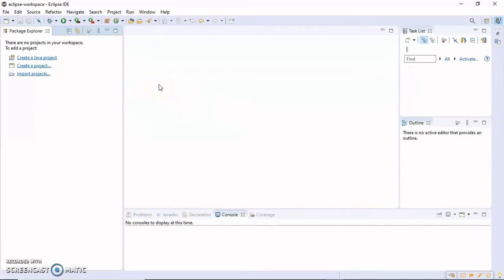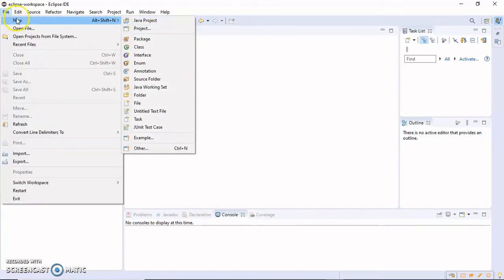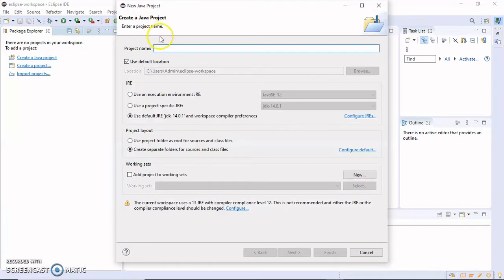To run a very simple program of Java in Eclipse, we just need to go to the File menu. In the File menu we have to choose the New option, and then in New we have to press on Java Project, and here you have to give the name for the Java project that you want to create. So here we name it as learn Java project,